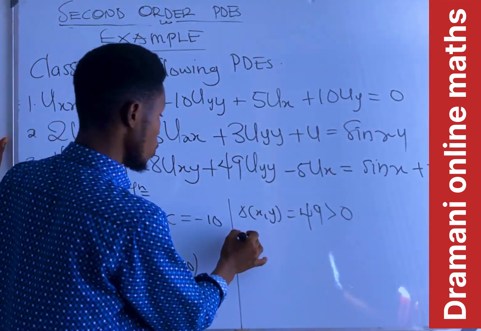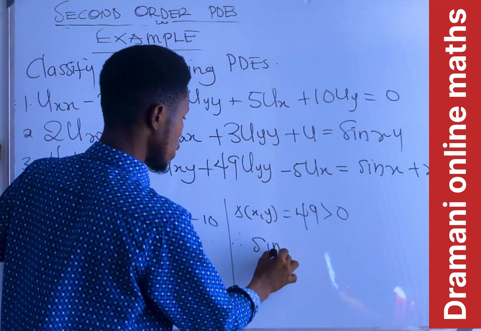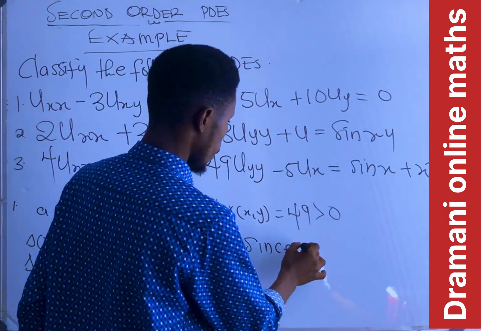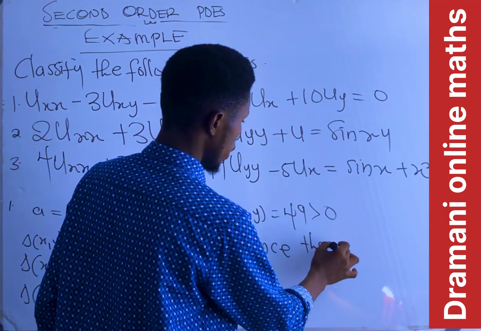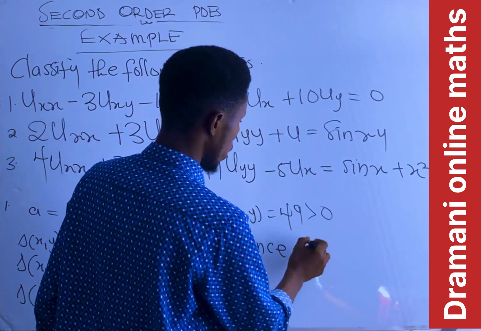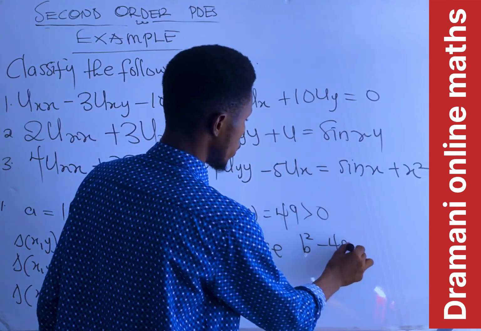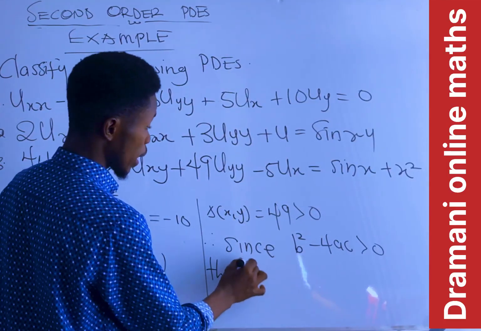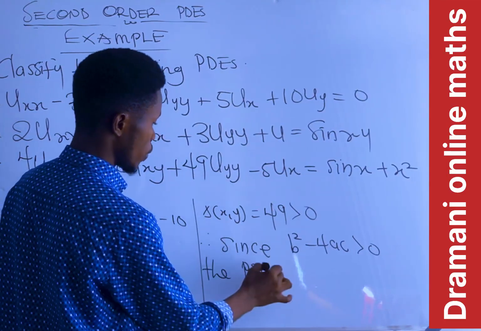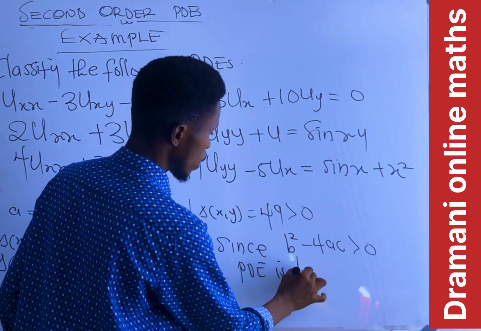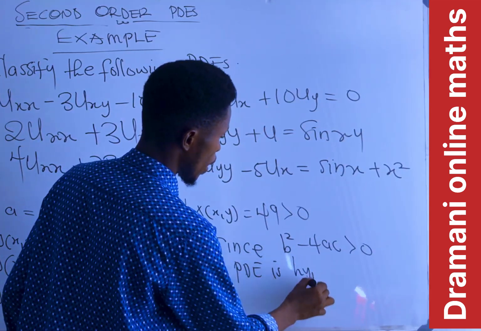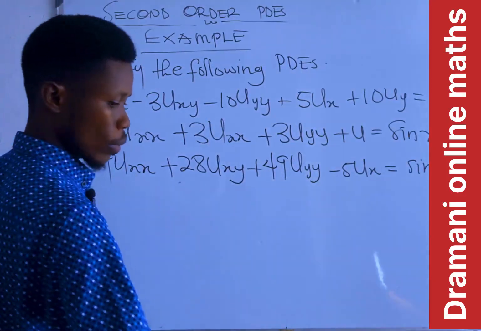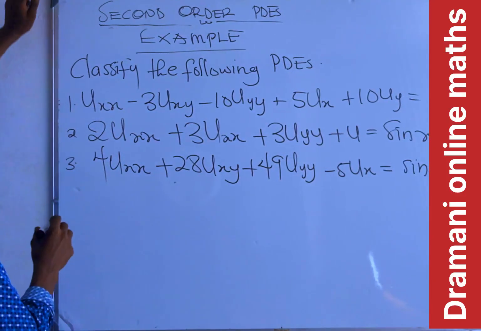So since the 49 is greater than 0, you can say that this is hyperbolic. So you conclude by saying that since the discriminant, or you can just go straight, b squared minus 4ac is greater than 0, the said PDE, I don't want to write everything, is hyperbolic. Is that okay? So the second one, we are going to have,